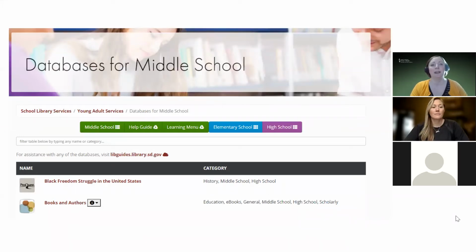So this is the page for databases for middle school. And it's really nice because it has these different help guides at the top. If you click on the learning menu, you can download a PDF that lists all of the databases and what they are for middle school.